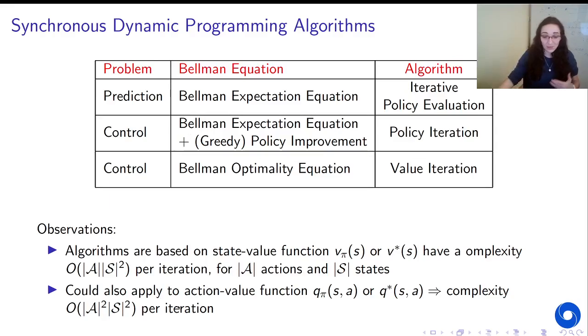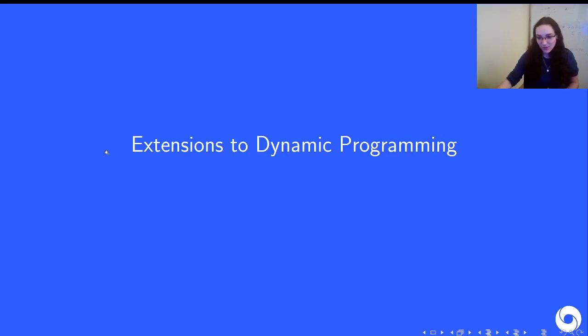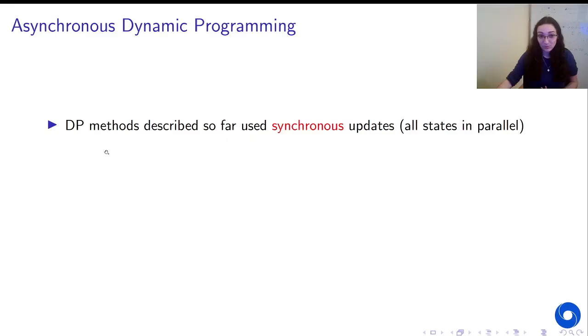And the same if we are looking at computing action values, this complexity is now magnified by another factor of the number of actions, because we're always looking at state and action, so current state and action taken, and what's going to happen in the next step, S prime and A prime. Okay, this can be quite expensive,